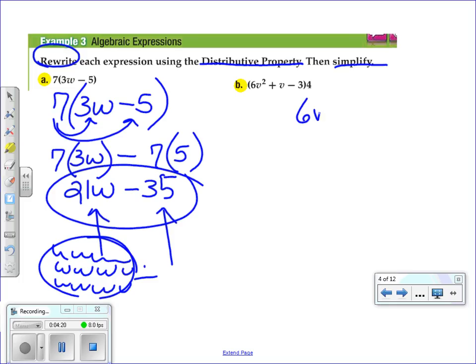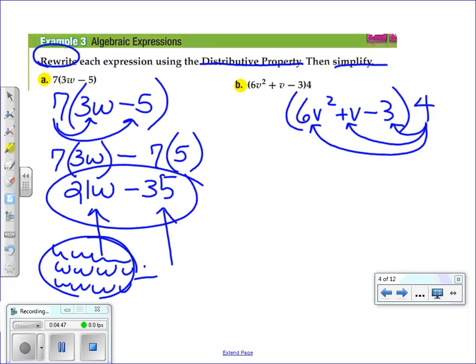Okay, here we have (6V squared plus V minus 3) times 4. Now this time you'll notice the number is at the back of the parentheses. And you'll notice that we have 3 terms, 6V squared, V, and negative 3 inside of parentheses. Same rule still applies. We're going to multiply the 4 by each one of these terms. Okay, so let's get started. 4 times 6V squared, plus 4 times the second term, which is just plain V, minus